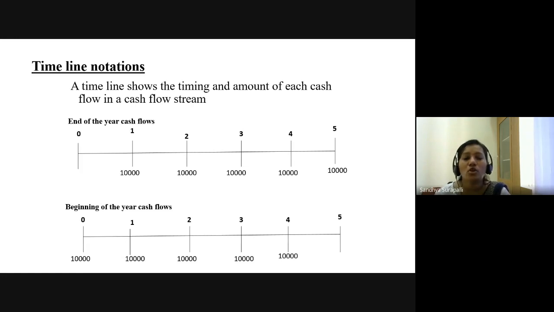Got it? So normally in our calculations and normal problems, it is always the deferred annuity or ordinary annuity. That means the assumption is that you are having the cash flow at the end of the year. That is normal. Sometimes they specify that it is annuity due. That means there is a cash flow at the beginning of the year. Okay, then you should take it as annuity due. Now, why should we differentiate whether it is end of the year or beginning of the year? Can you think of any reason why we have to differentiate this way?